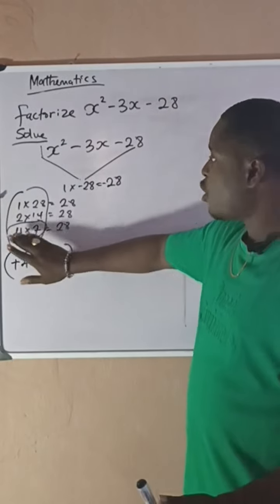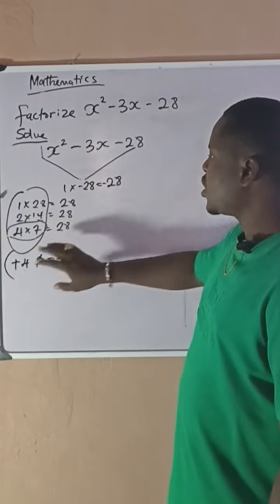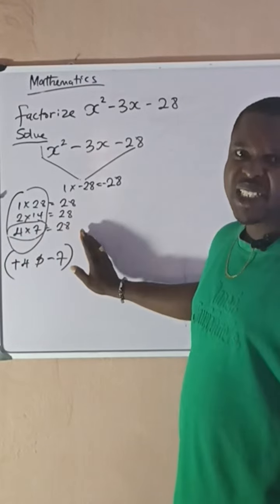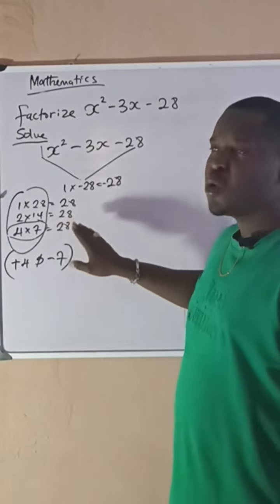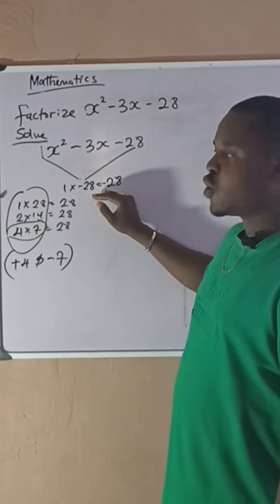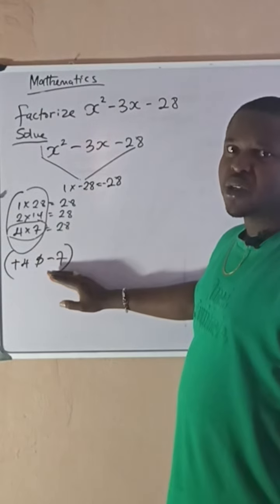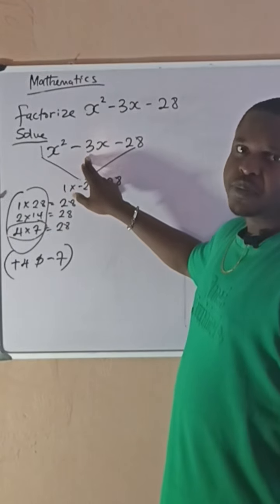We have agreed that we are going to use 4 and 7. But how do we arrange this so that we get minus? Because this 4 and 7 alone will give us only 28. But the number we have here is minus 28. So they have to carry a sign in order to multiply and give us a negative number. One has to be positive and one has to be negative. And for us to get minus 3